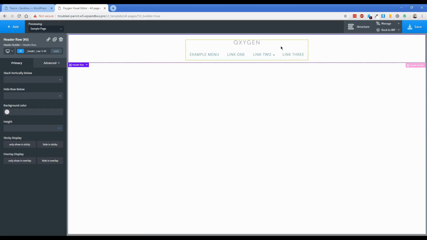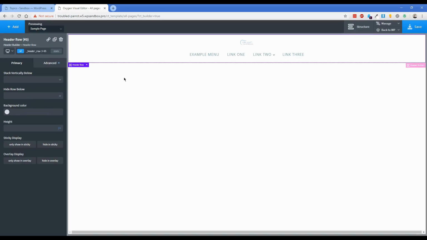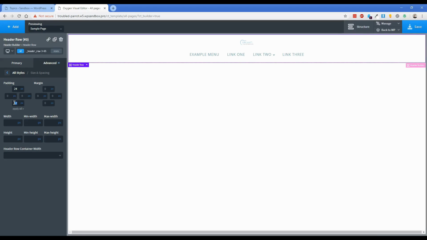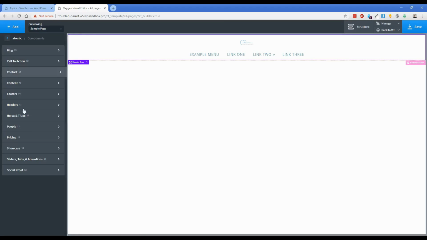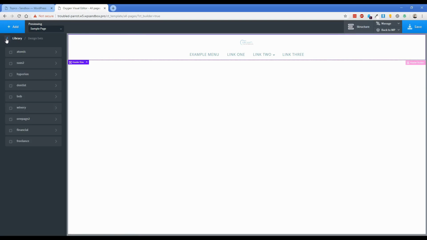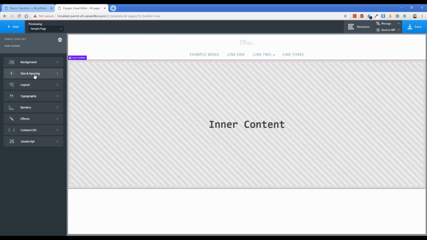I am going to go ahead and swap out the logo real quick to the one that fits our site a little bit better, and then I'm going to take off some of this padding on the section here, on this header row, so that the menu lines up to the bottom of the header row there. The next thing I'm going to do is add in an inner content element. I've got to go back here, under basics, scroll down to inner content,